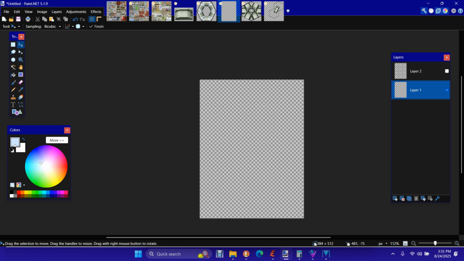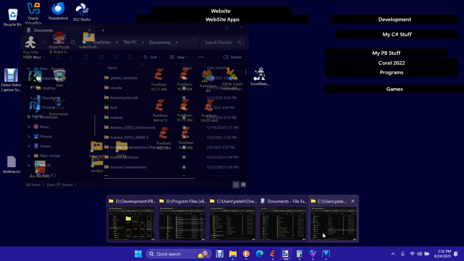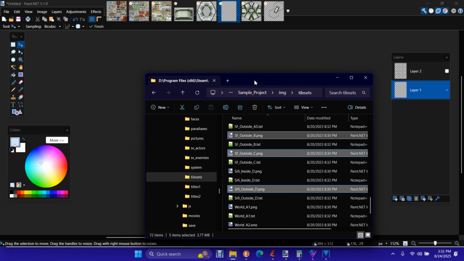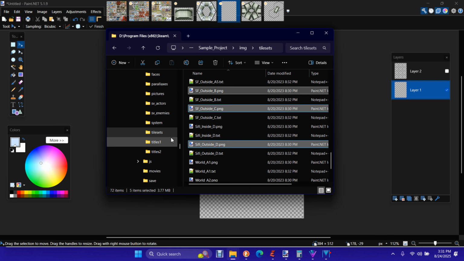Okay, so there are a bazillion plugins for Paint.net. What I did the other day was come out to the browser and type in Paint.net grid, and a grid plugin popped up. And I looked at it and said, that's about the perfectest thing I can think of. And if you're interested, when you install Paint.net